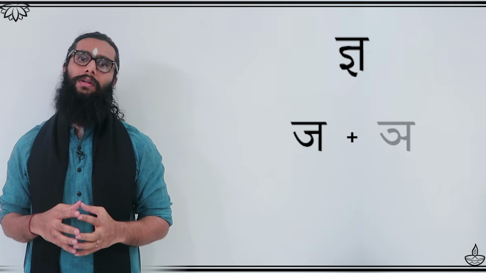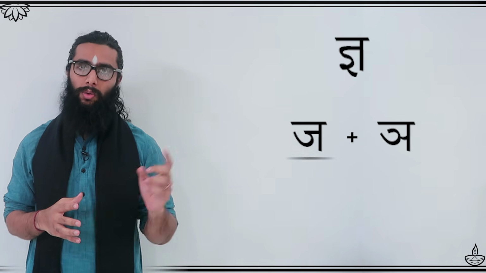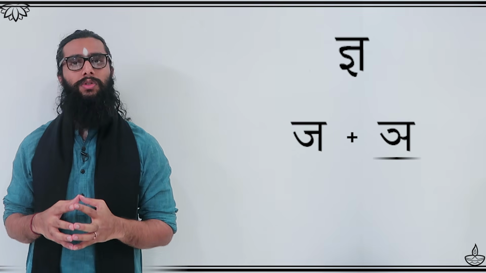This letter is a combination of two consonants of Sanskrit, this one and this one. Now, we all know this sound, ja. If only we can figure out how this is pronounced, we'll be able to intuitively derive how to pronounce the combined consonant correctly. If we look at the arrangement of consonants in Sanskrit grammar closely, this confusion can be cleared